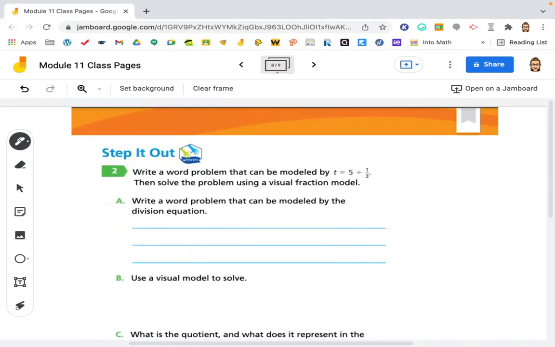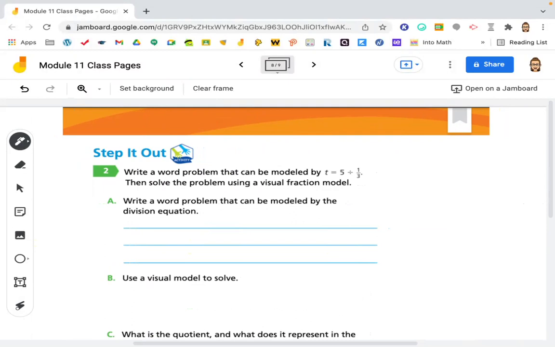So this next problem can be modeled by 5 divided by 1/3. That's all the problem using a visual fraction model. So our word problem could be, let's see, how many walls can you paint